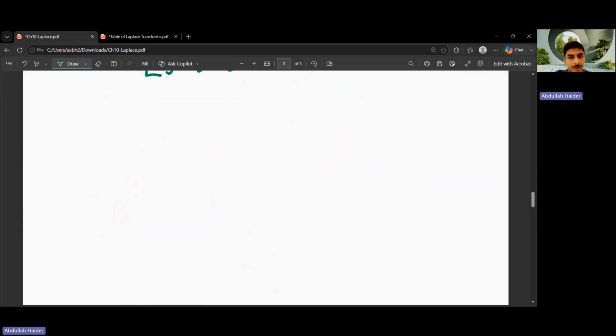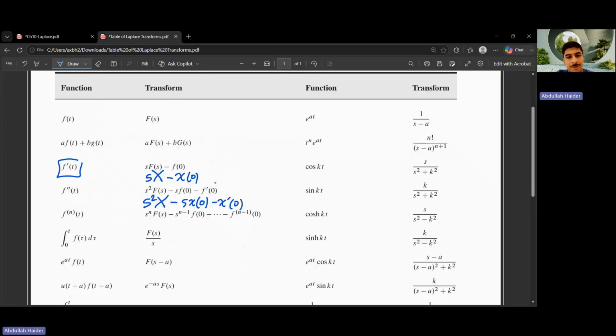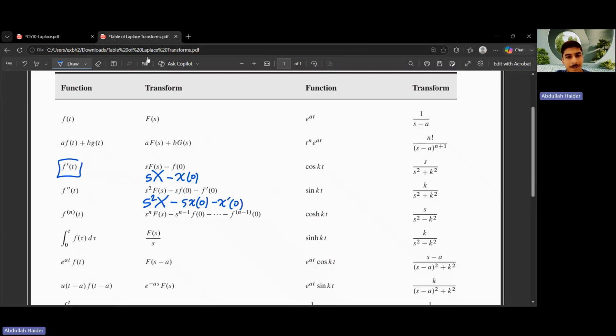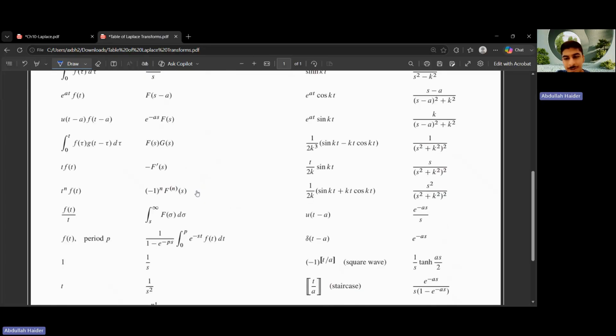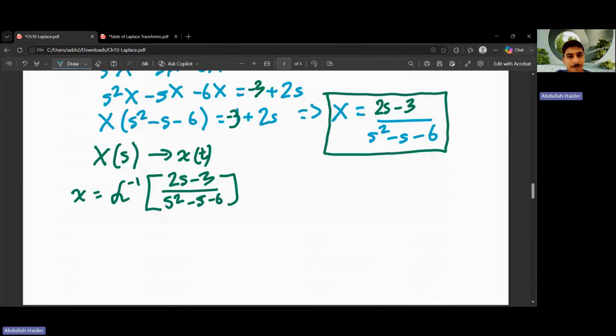Now you can only take the inverse if your fraction is proper. But in this case, if you look in the table, you have nothing related to 2s minus 3 over this. You have nothing you can compare to this in the table. So what we'll do is we will split this into partial fractions like you did in calculus 2. 2s minus 3 over s squared minus s minus 6 is equal to A over